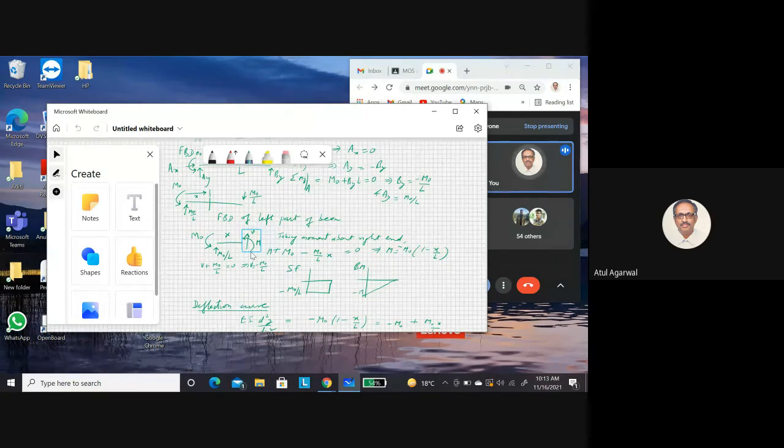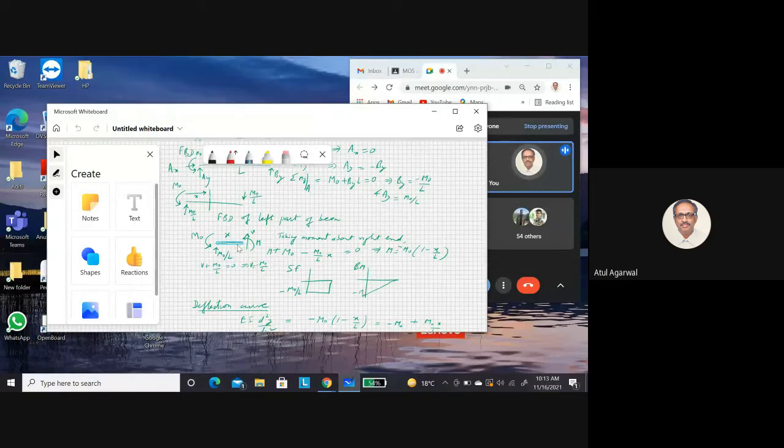Now you use the static sign convention and do force balance and moment balance and find V and M. So if you do force balance, the force V is positive, plus this M naught is also counterclockwise, so positive, and this M, sorry, I am doing force balance. So I have to just take the vertical forces. So V plus M naught by L is equal to 0. I get V as minus M naught by L.